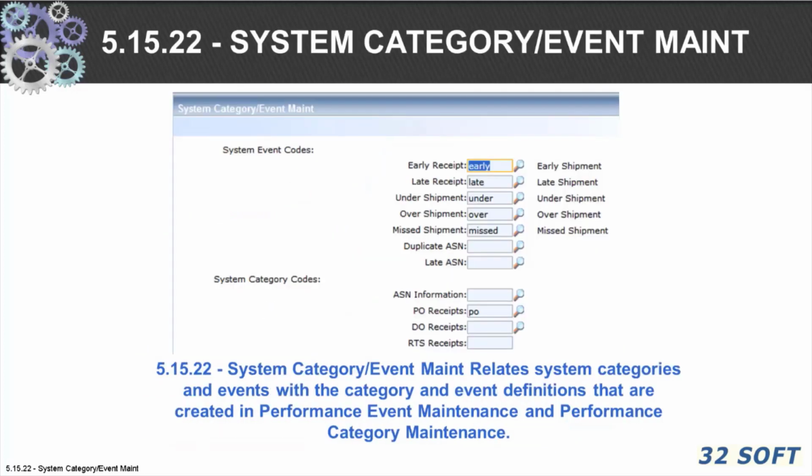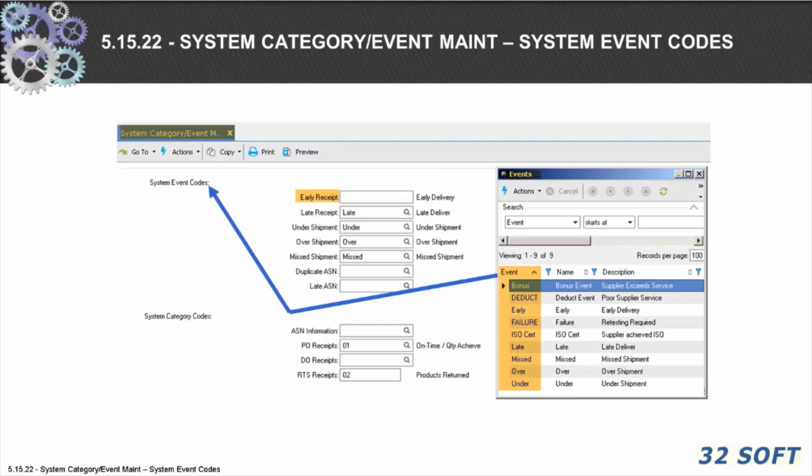5.15.22 System Category Event Maintenance relates system categories and events with the category and event definitions that are created in the Performance Event Maintenance and Performance Category Maintenance. System event codes are early and late receipt, over and under shipment, missed shipments, duplicate ASN, and late ASNs.